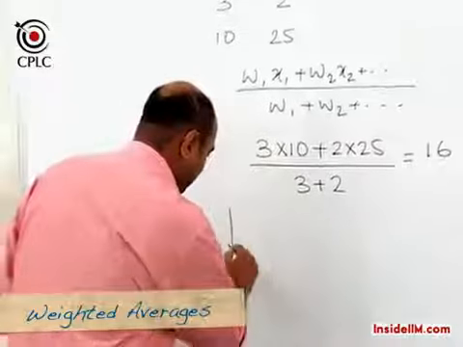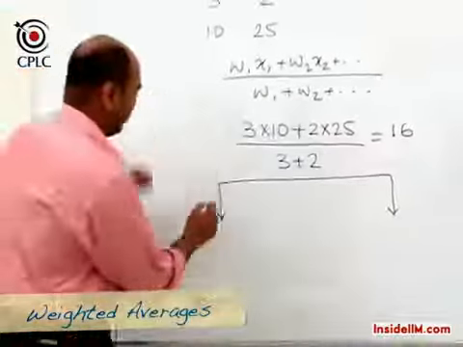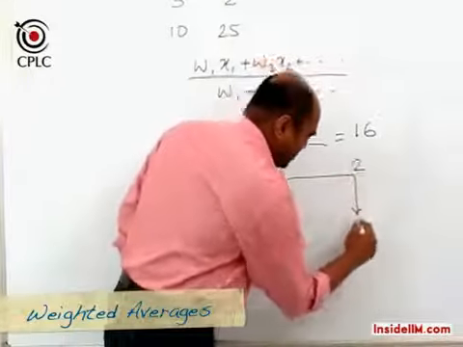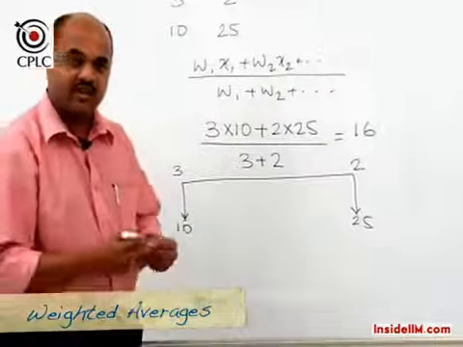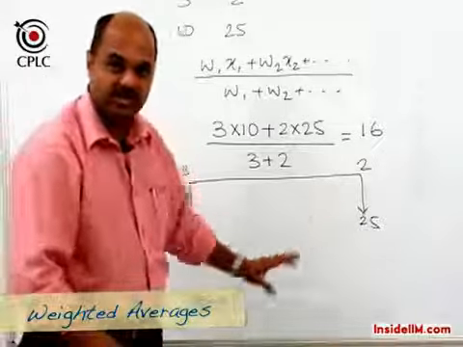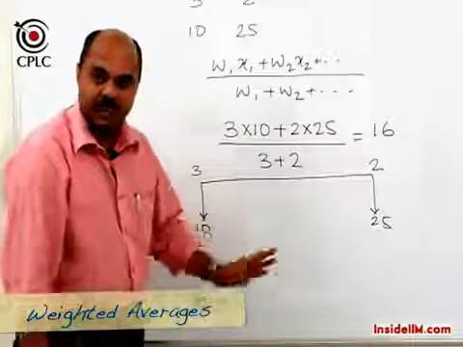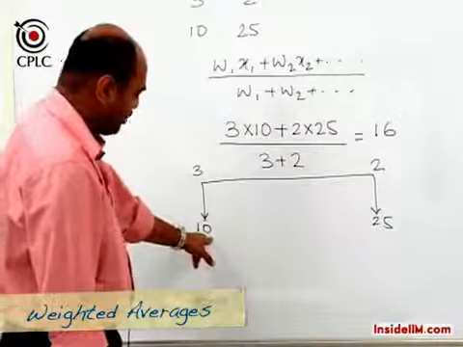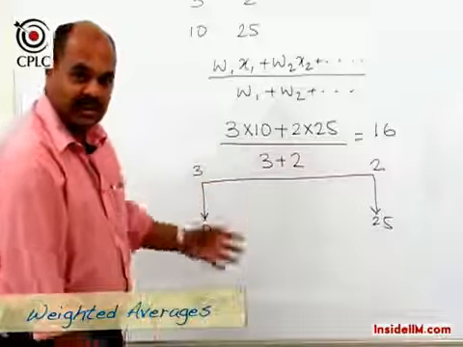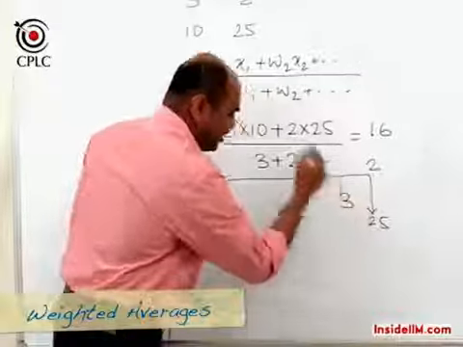Now what do we mean by the method of lever? Suppose we have some kind of a lever here and we say 3 kg is 10 rupee per kg, 2 kgs is 25 rupees per kg. Now if I want to find the average, it would simply mean I need to balance out this lever, and I want to find out at what value would this lever be balanced. Now when I see the individual values of 10 and 25, and if the weights are 3 and 2, then the balancing would be done in the reverse ratio, which would mean 2 here and 3 here.